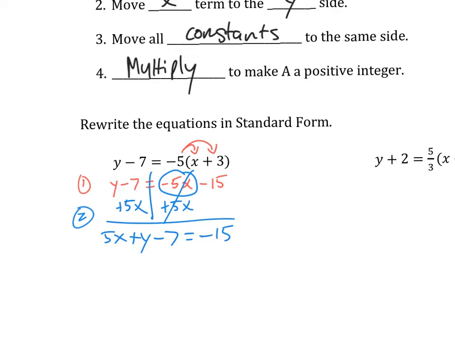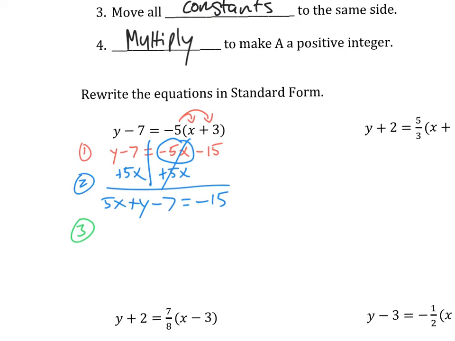Okay, so now my x and y are on the same side. Third step is move all constants to the same side. Well, the only constants that we have are -7 and -15. Okay, so I'll even put these in little boxes. So these are our two constants, and we want to move them all to the same side. We want them to be on the side that does not have our x and y term, because that will be like our c term. So you want to get rid of this -7 by adding 7 to both sides. And that will leave us with 5x plus y on the left-hand side is equal to -15 plus 7